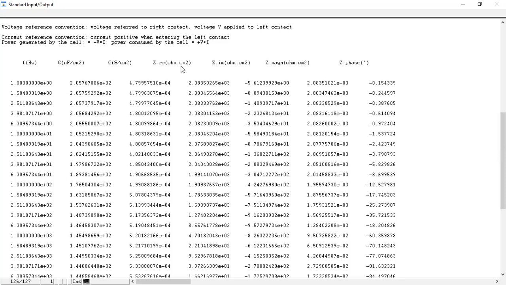And we have two kinds of impedances, real and imaginary. Here we have a real part impedance and an imaginary part. I have just explained that we have two kinds of impedances, positive and negative. In order to differentiate, we normally say that the real impedance is a positive value and the imaginary is basically a negative value. So we can see that over here, when we have lower frequency,